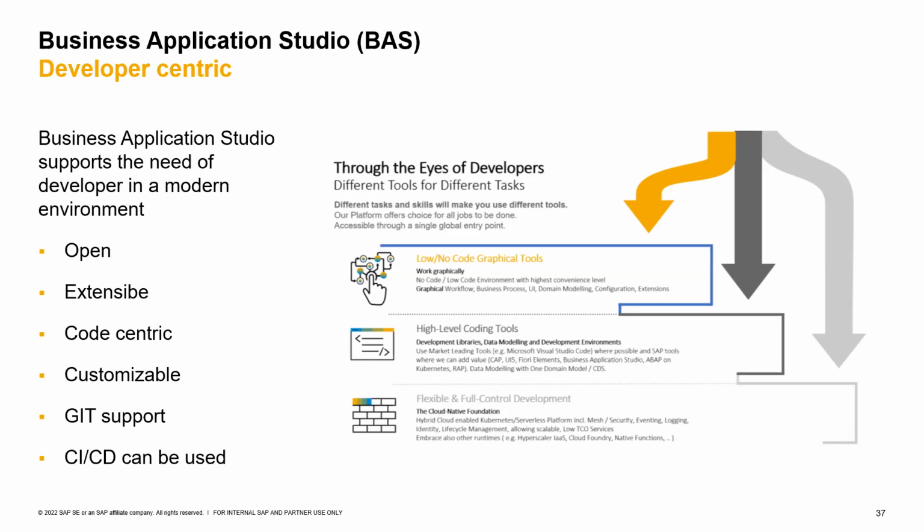Business Application Studio natively supports Git for source file version management. Git controls are embedded into Business Application Studio interface. Business Application Studio is based on Theia, which is a project from Eclipse Foundation to which SAP contributes. It is a plugin compatible with Microsoft Visual Studio Code. This makes it easy to add extensions, and there are many open source extensions available that improve the productivity of the developer.